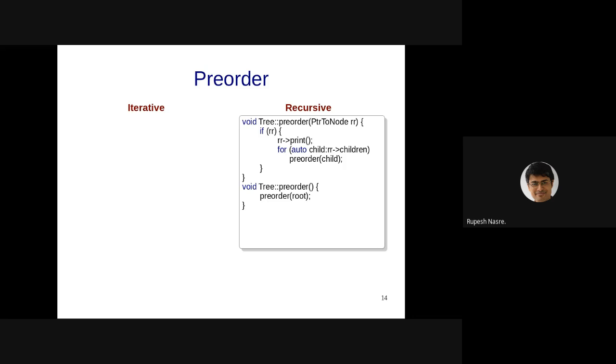So many of these depth-first traversals require you to store, because I have not yet printed the current node, right? And when I go to the child, I'm going to try printing the grandchildren first and then come back to the child. So I need to keep track of grandparent, parent, then the node, then its child, then its grandchild until I reach the leaf. All of these need to be kept track of, and I have to print those in the reverse order. And therefore, a natural data structure that comes up here is a stack.